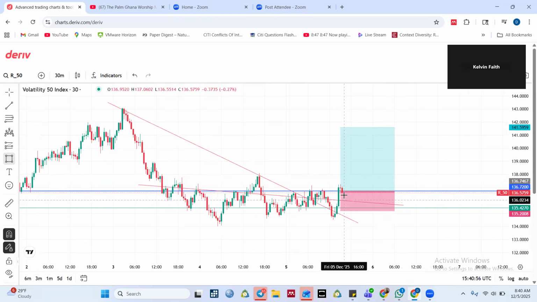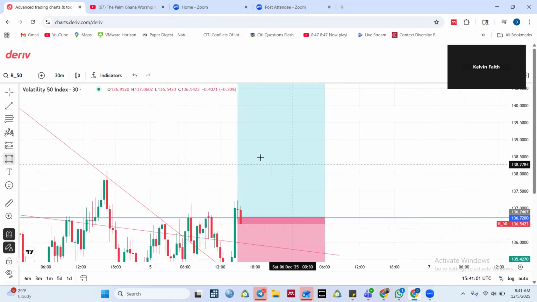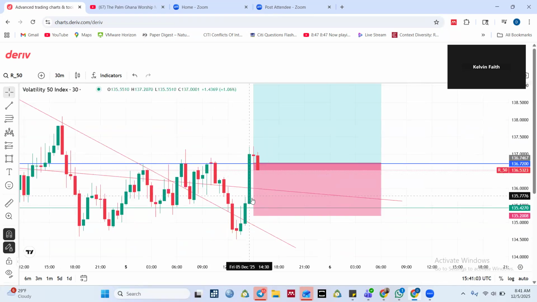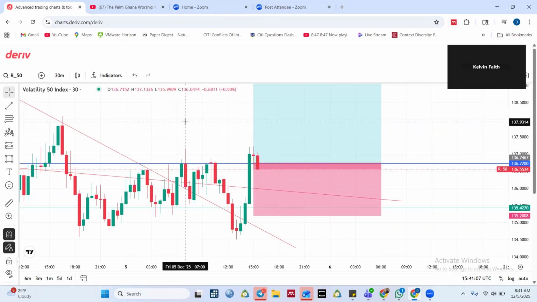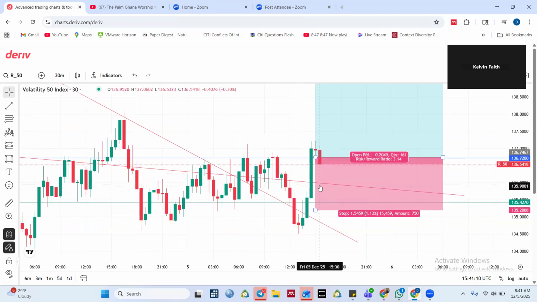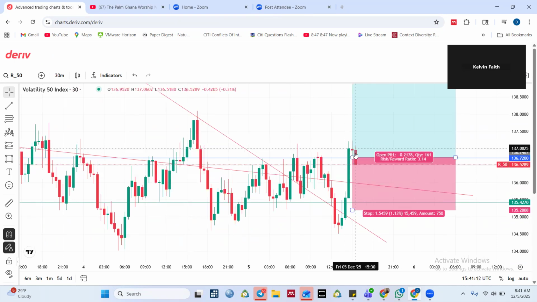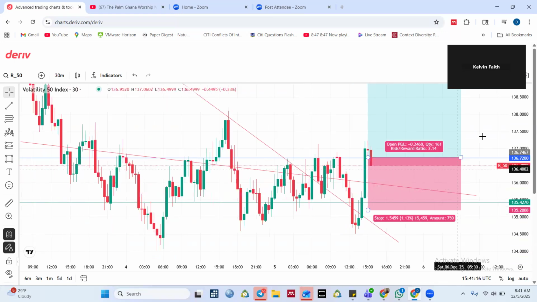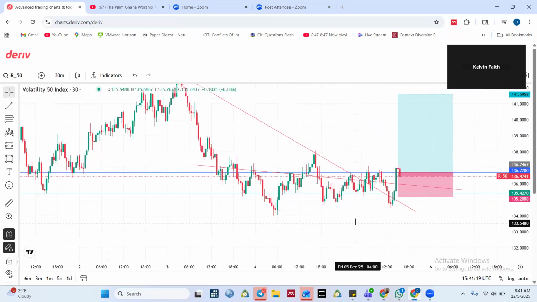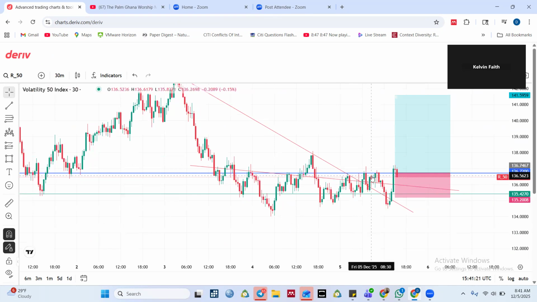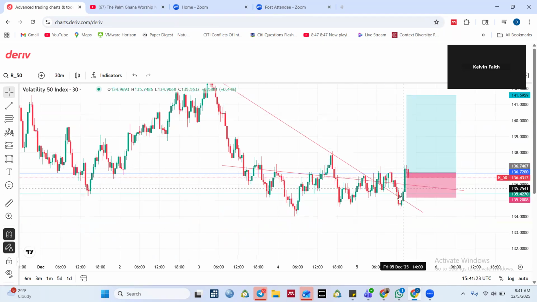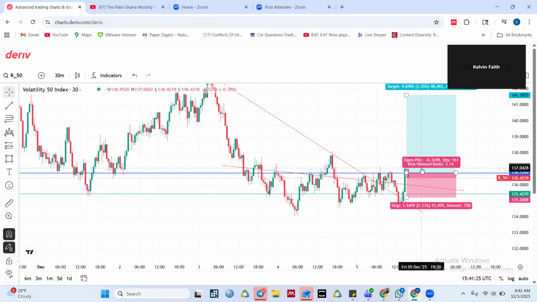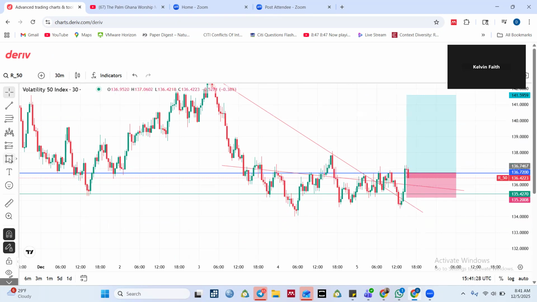Today it looks as if it's trying to, because I can see this big 30-minute candle closing. So it looks as if it might give the buy today. I don't know. Price can still drop all the way down and crash this area. But the good thing is the entry remains the same. No matter what it does below it, if it comes up and stays above it, it's going to move.